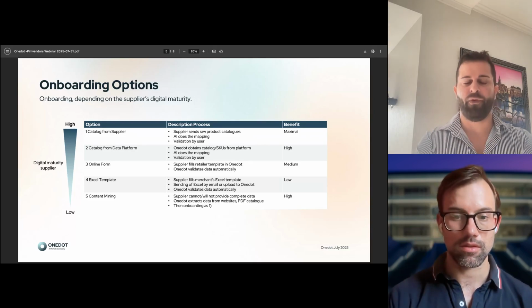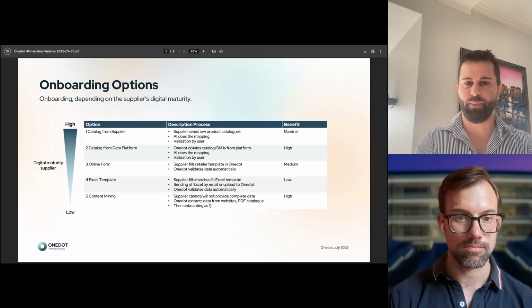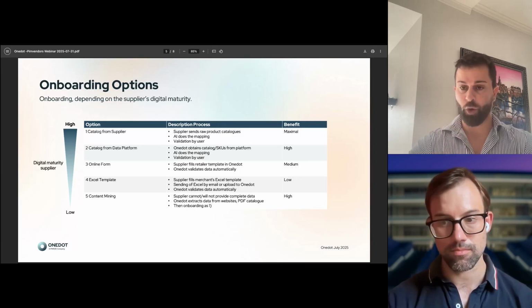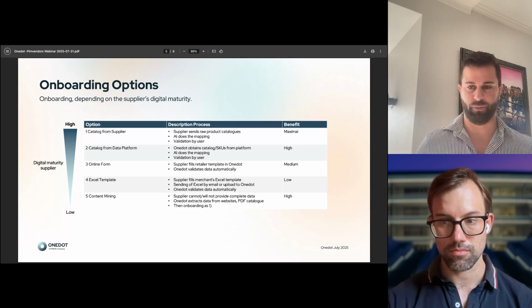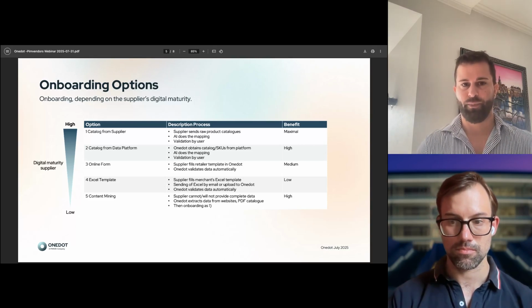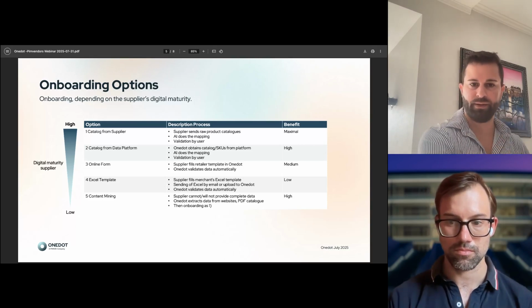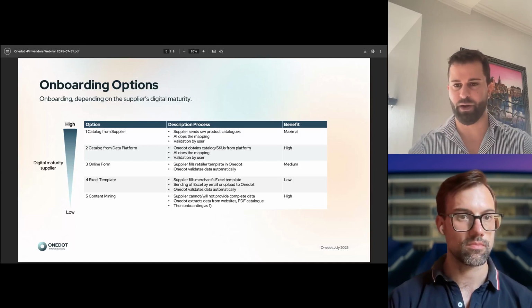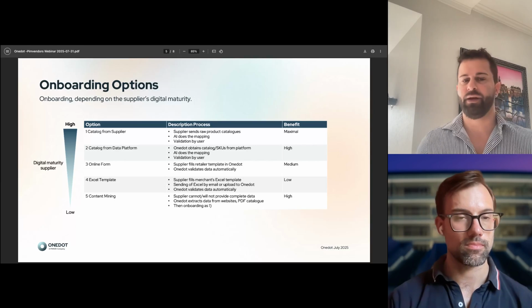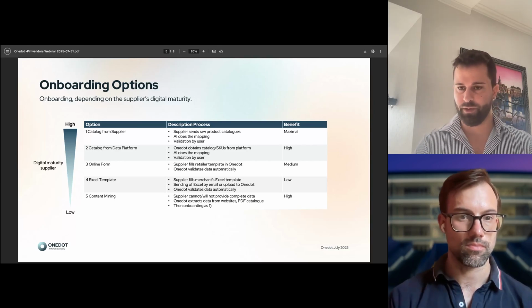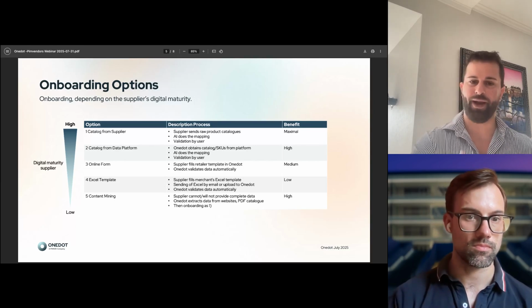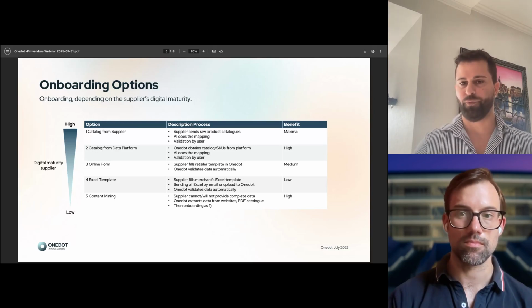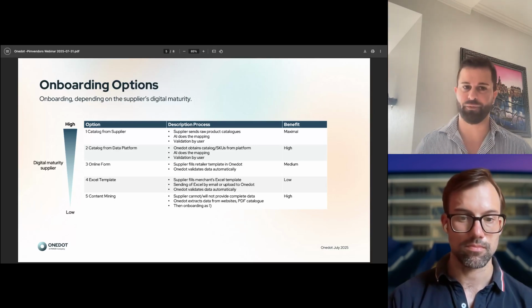Step number 5 is content mining. Basically, what do we do when the supplier doesn't send any kind of information or doesn't want to send any? Here we scrape the data from the platform, for example the websites directly from the suppliers or other sources, to get the newest catalog in a better version, better data quality, or extra information that can be necessary for the retailer for the product onboarding. So, different kinds of steps.